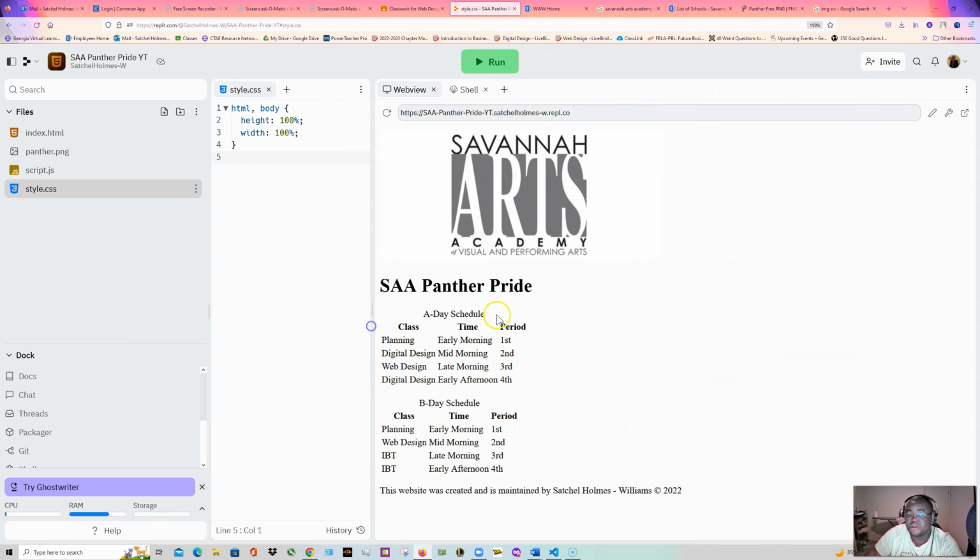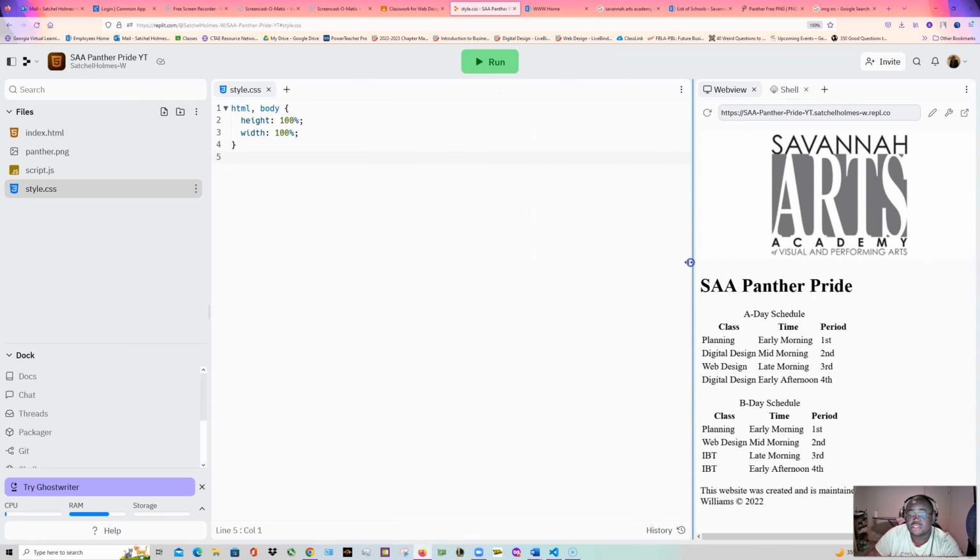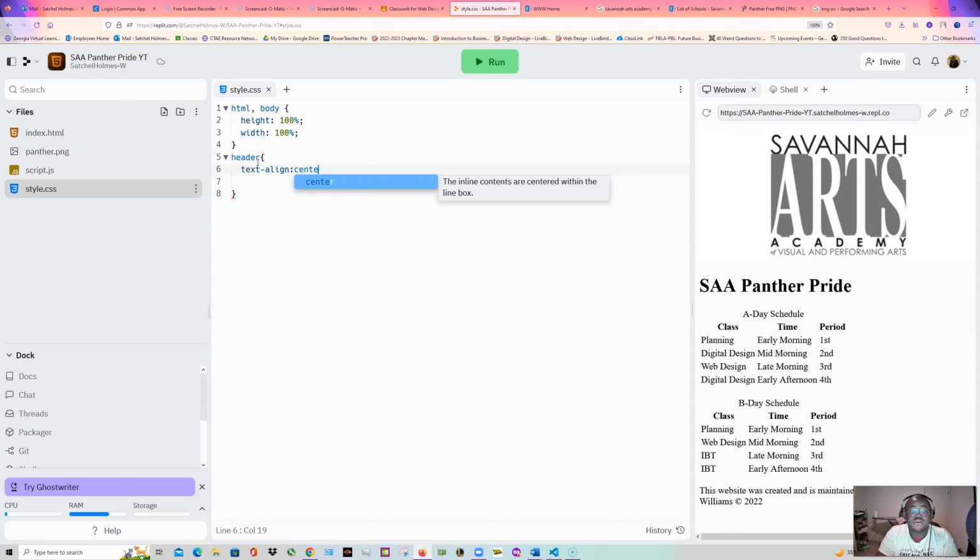So if you notice when I make this a little bit bigger, they are not centered, but we can make those centered very easily. Since the SAA Panther Pride H1 is inside of the header element, all I have to do is type in header, do my open and closing brackets, and of course when we do one bracket, it automatically opens the second, and all I have to do is call one of our properties, which is called text-align. And then text-align has three different values. It has text-align right, text-align left, and text-align center. So I'm going to do center, and then always remember to put your semicolon after any CSS statement. And when we run this,